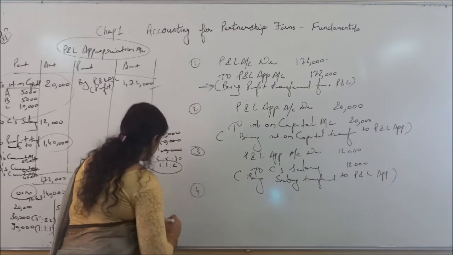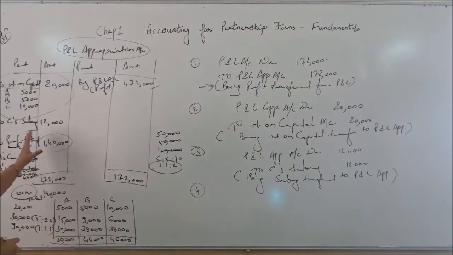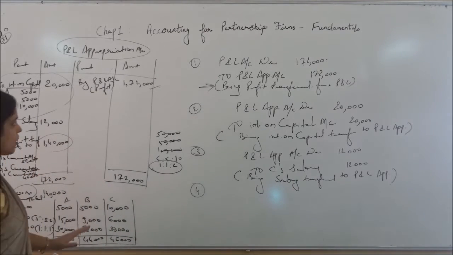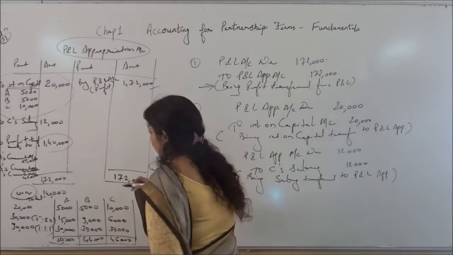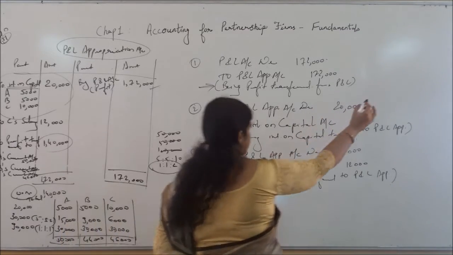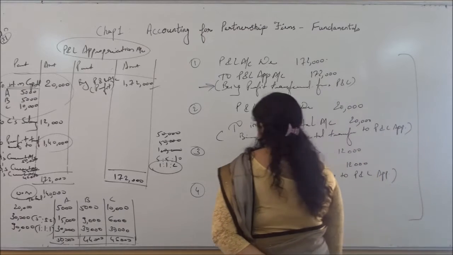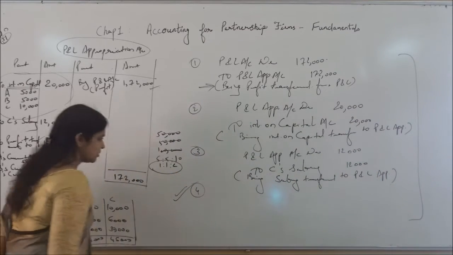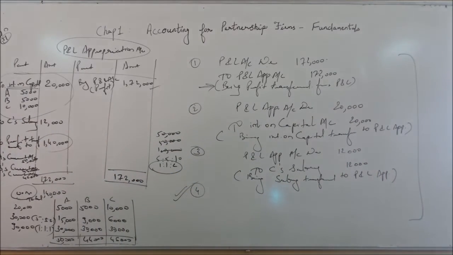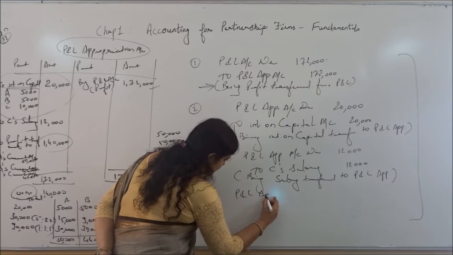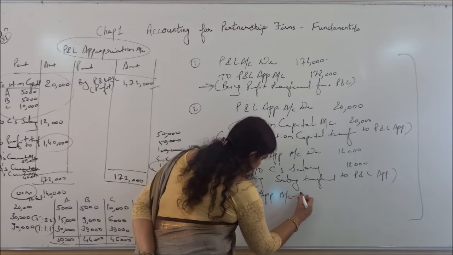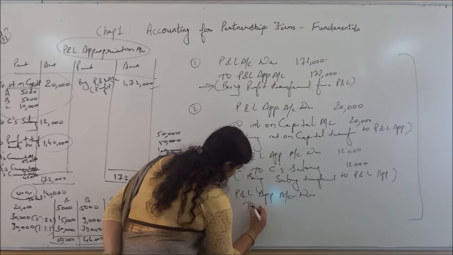Then the fourth one. What we have done? We have found out the profit. Since credit was more, we have got profit in this question. And only this one entry is asked, but just for your knowledge, I have given here all the entries. This entry they are asking for 1 mark. Pass the entry. P&L appropriation account DR to